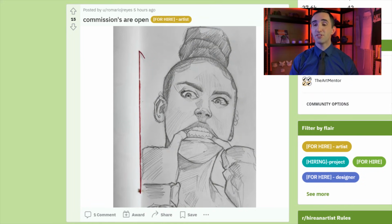If somebody wants a pet portrait, I guarantee you they don't need, nor do they want, any not safe for work style artwork. Here's another beauty. This person says commissions are open. For what? Again, put yourself in the seat of the client here. What am I going to get? I'm going to get a pencil portrait, but I don't really know as a client,